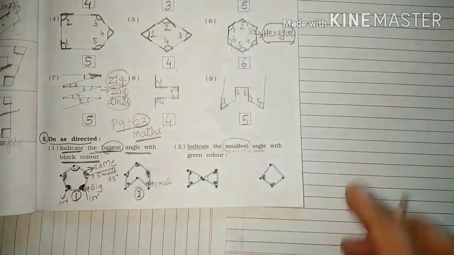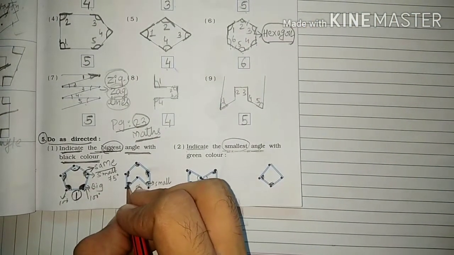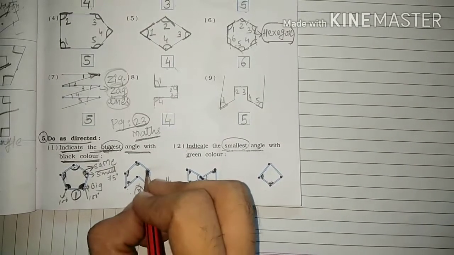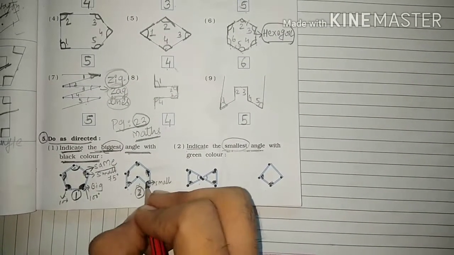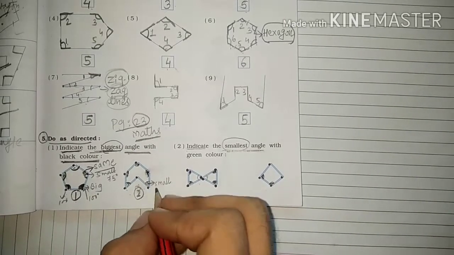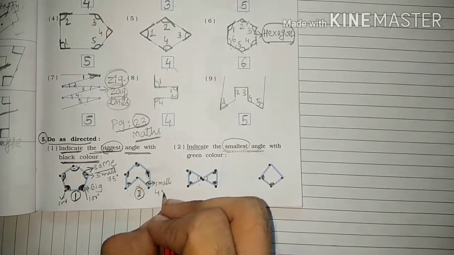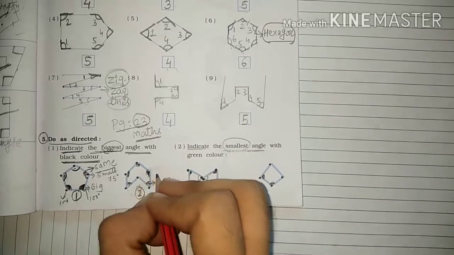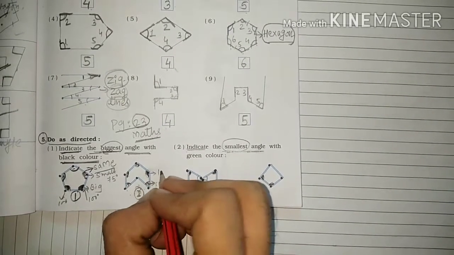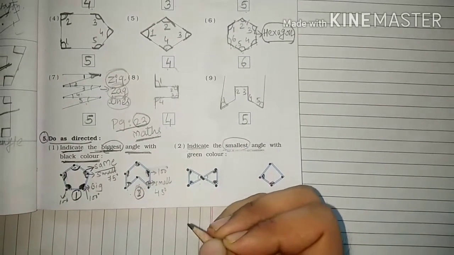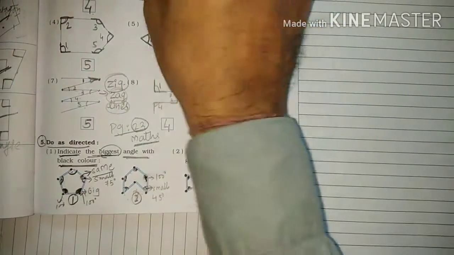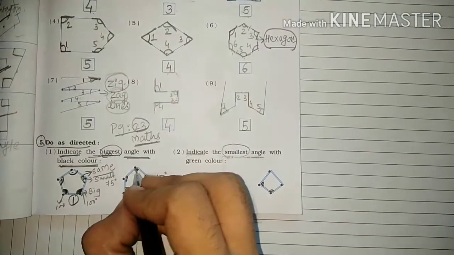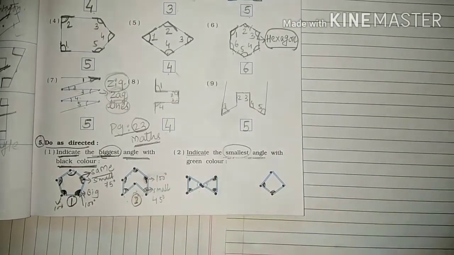Do the another sum. What does it say? There are 5 angles in this: first, second, third, fourth, fifth. These 2 angles are the small, approximate. If we want to measure it, these are the 45 degree angles, and these angles are 100 degree students. So 100 degree should always be the biggest one. So I will take out the black color and I will mark it down. मैंने इससे mark out कर दिया है.